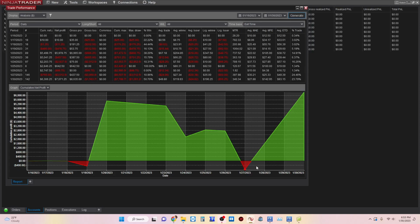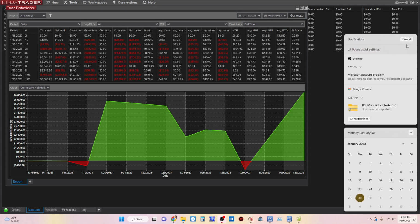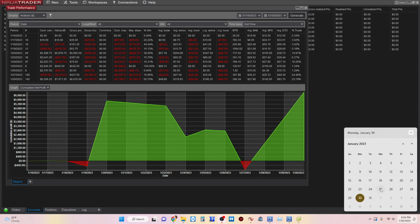Okay, so just a trade performance overview for the day. Just from this past week or two, we've had some really wild swings. For example, the 18th and the 20th were just really rough days, where we had a really big slam down on the 18th, and then we had a really strong reabsorption or engulfing on the 20th, and then all through this week was just kind of crazy upside